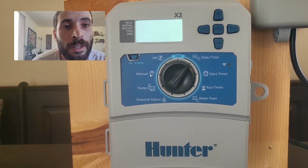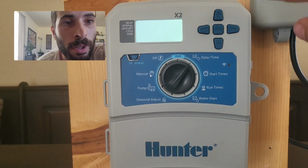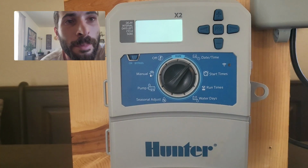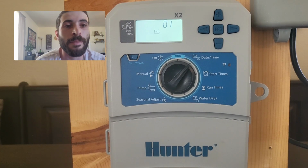The screen is going to first show the year. So the year right now is showing 2020. We're going to set it to the correct year. Currently it is 2022. So I'm going to hit the plus button twice. 1, 2. We're now at the correct year. I'm now going to hit the right button, which is now going to take us to our month and our